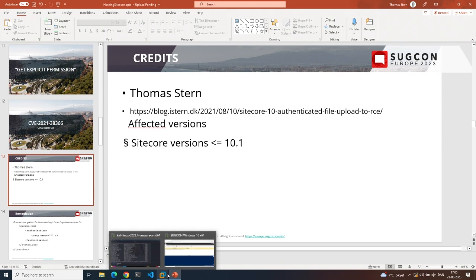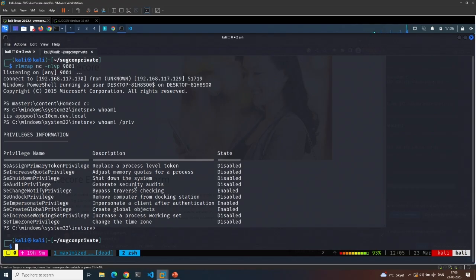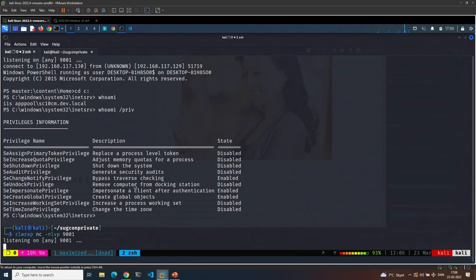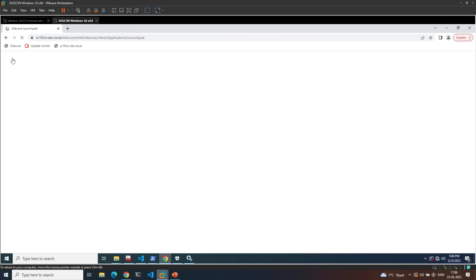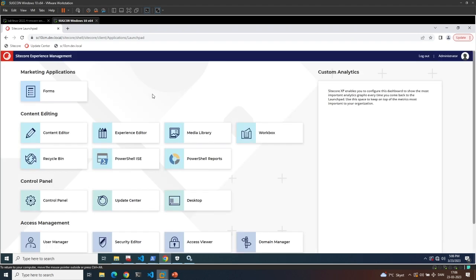Let's switch back. In the background, I will just start my Netcat listener, otherwise I will forget. This Sitecore 10 installation has been security hardened, except for one little thing, and that is I've left the file explorer. That, of course, should be removed, but I went through the entire checklist that Sitecore has for doing the security hardening, okay? I'd like to show you that it's true what I'm saying.